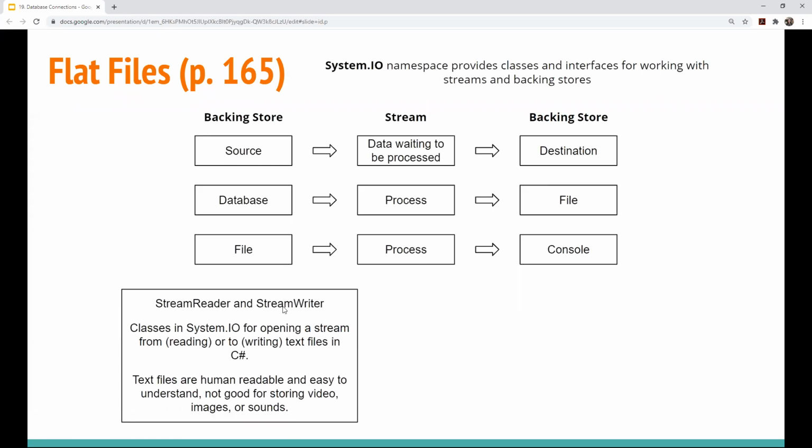This is to read and write from text files. We could use a stream reader and a stream writer, which you guys have seen before. Stream reader and stream writer are inside System.IO. The problem with text files is obviously that a text file is not very good for storing videos or images or